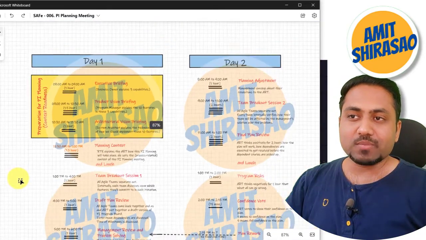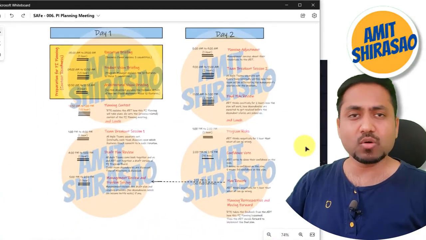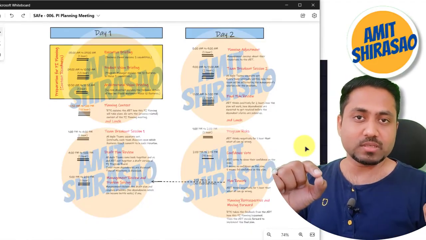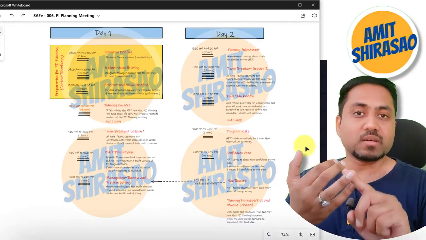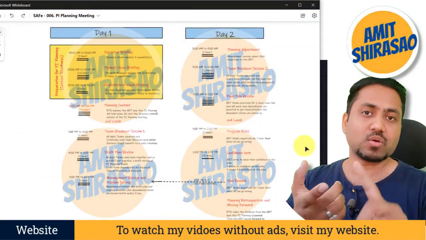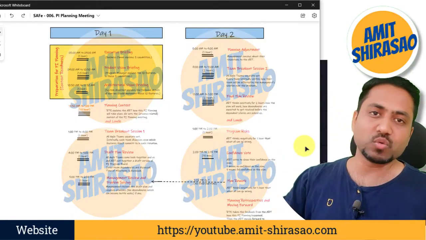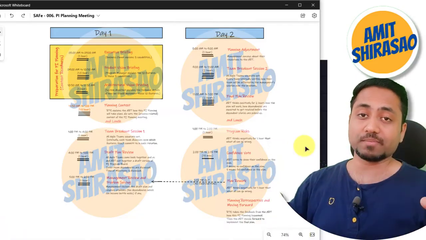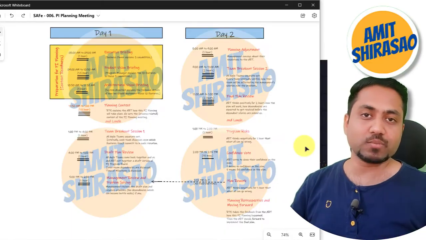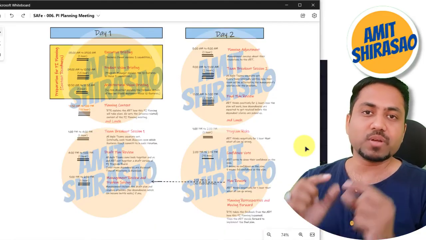Whenever there is a PI planning meeting, it is conducted with the entire ART. So all the teams within the ART, along with other stakeholders and ART-level, that means program-level positions, like your RTE, your system architect or system engineer, your program manager or your business owner, and other stakeholders also, all of them attend this meeting, because it is an ART-level meeting. It is a program-level meeting. So all the program-level people and all the teams which come under that particular program attend this meeting. Normally 50 to 125 people make an ART.